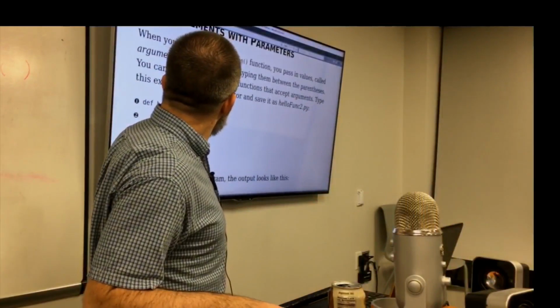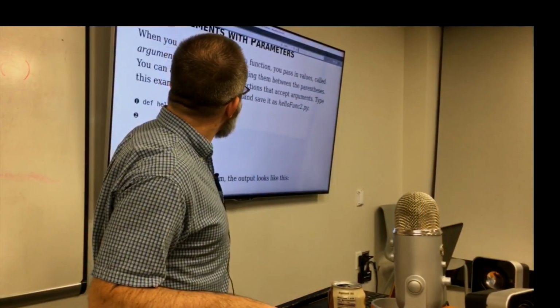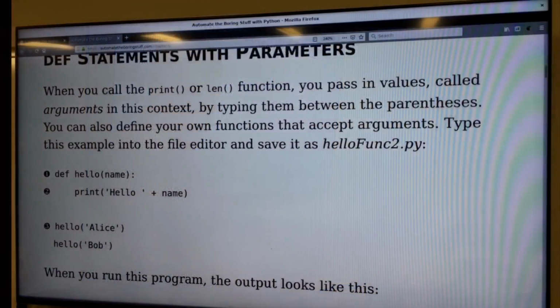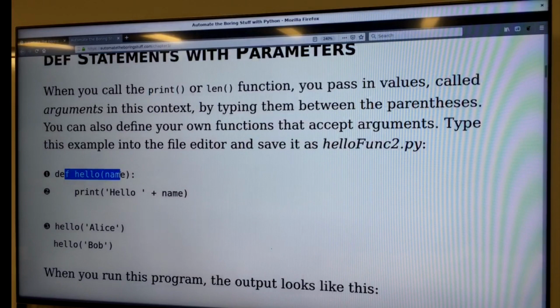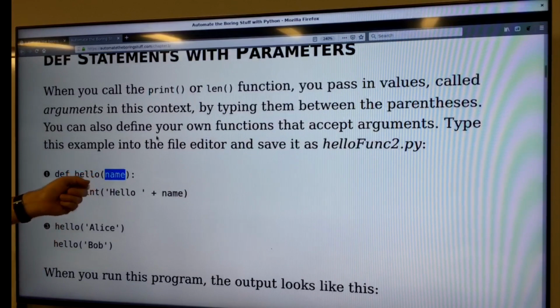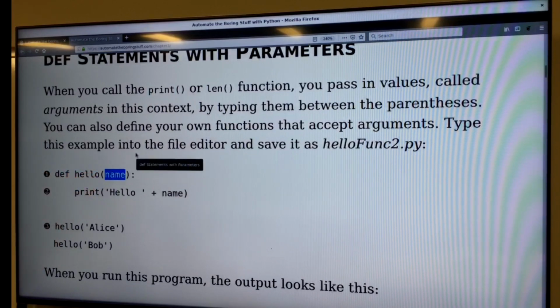All right, so here we go. When we call print or length, you pass values into it, right? So when you pass values into it, you need to define your function a slightly different way. You need to define it with some sort of way of referencing the value that you passed into it. And so what you do is, and this is horrible because they picked absolutely the wrong variable name for this, you put a name in your parameter list. And this is probably one of those horrible inside jokes, but really what I would say is something like,